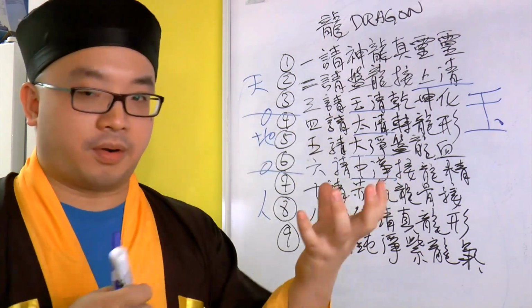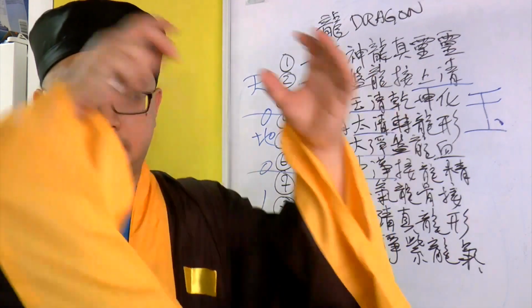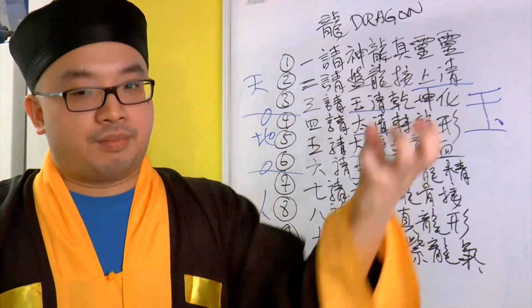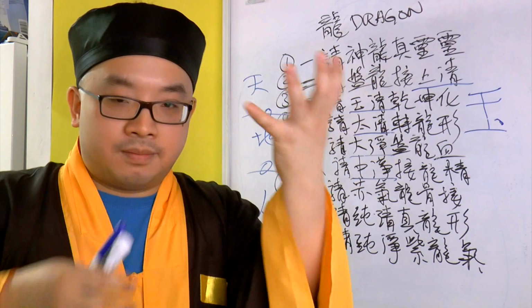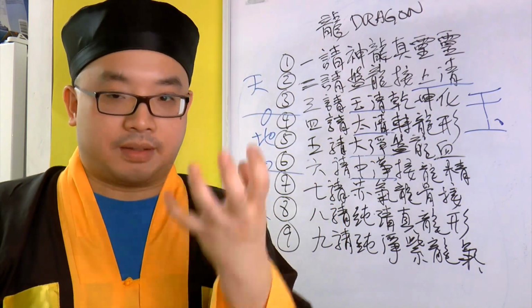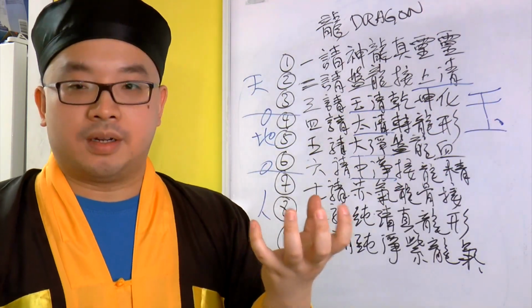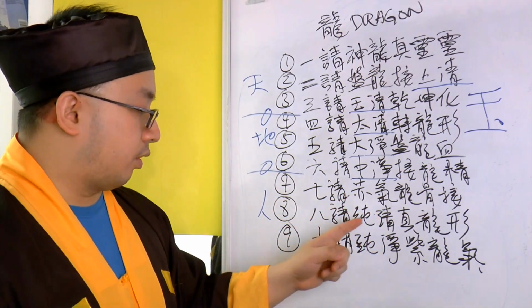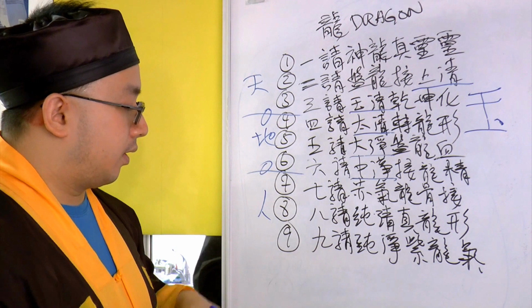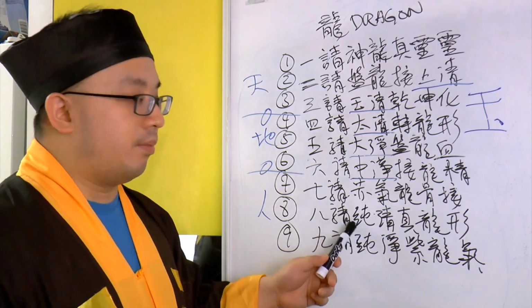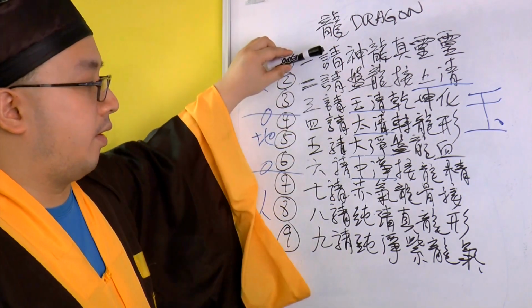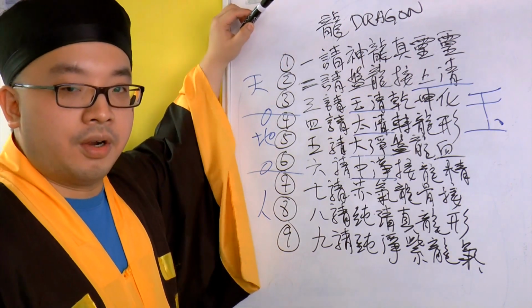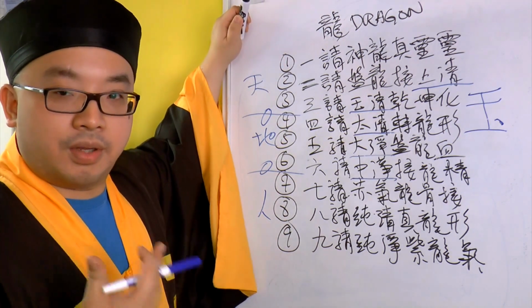When you have pure water, right, you have a processed thing and you process it and make this thing come to whatever it is, like the water, right? Purified water. The water that has whatever removed after the process. 純清真龍形. Now, number 8 is we already removed all the stuff here. Removed the hunger. Removed the want to eat.